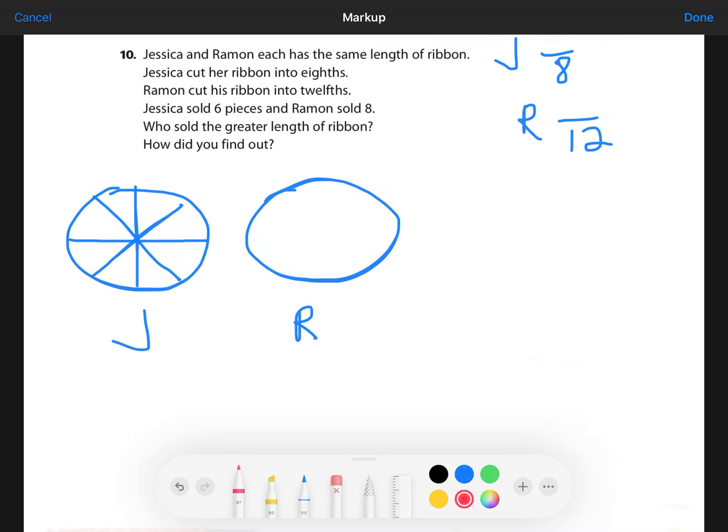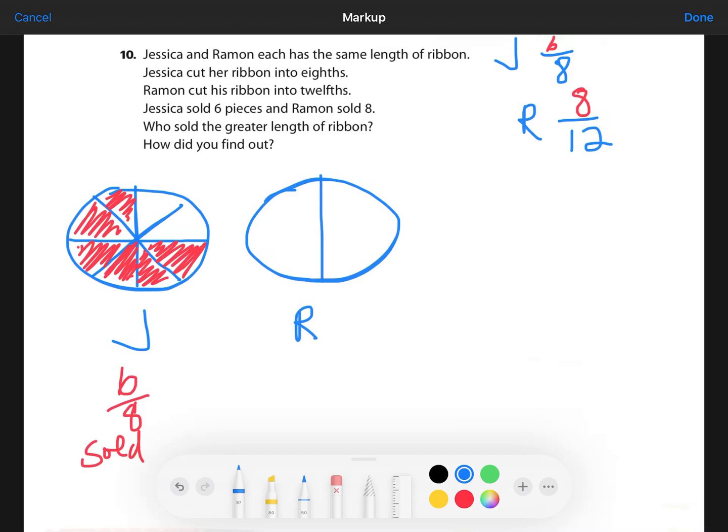And Jessica sold 6/8. One, two, three, 4, 5, 6. And Ramon cut his into twelfths, and he sold 8/12. So for twelfths, we can start with quarters again. And if we divide each quarter into thirds,